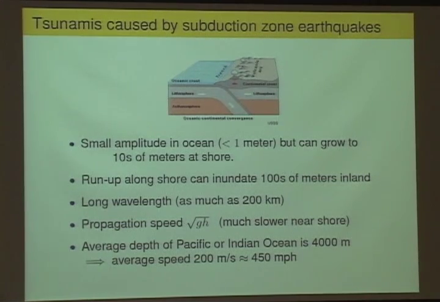As it reaches the continental shelf and the shore, the head of the wave starts to slow down before the back of the wave does, so it starts to bunch up. The amplitude can increase. But when it hits shore, it can still be a very long wavelength wave, which means that it really doesn't look like a wave on shore. It looks like a flood that just keeps coming in, as I'm sure you've seen in some of the video of the tsunami in Japan, for example.